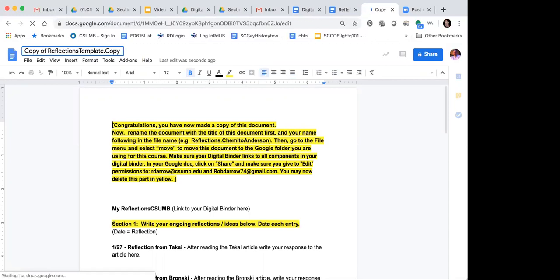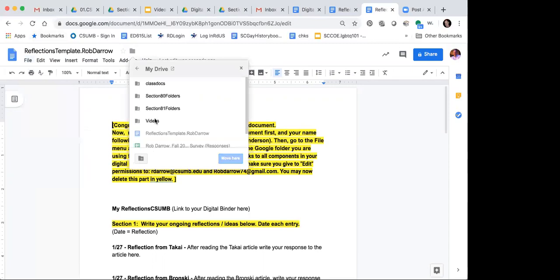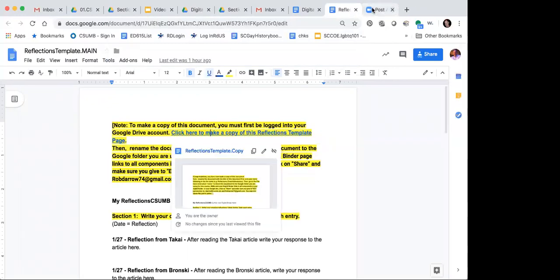I'm taking out the copy of part, and I'm calling this reflections. And instead of the word copy, I'm putting Rob Darrow. And then again, I'm going to File, Move, Section 80 Folders, Darrow Sample 2, and move it here, and move. And after I move it, and I've got it moved into my folder, it tells you that right here at the top. Then I'm going to click out of both of these documents, and go back to my digital